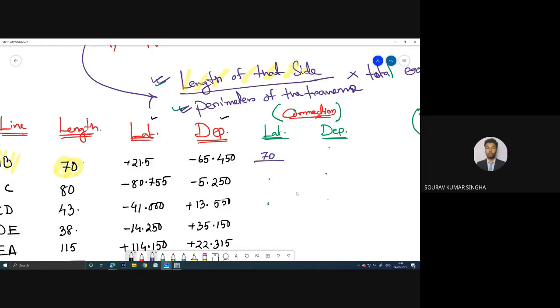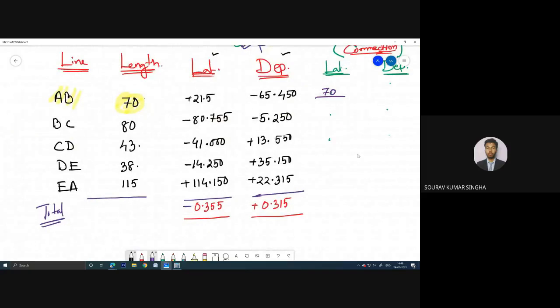So perimeter कहाँ है, कितना है perimeter? Perimeter मतलब क्या? ये पांचों को ऐड करके जो वैल्यू आएगा, whatever the value we got after adding these 5 sides, that will be the perimeter. Now tell me what is the value of the perimeter of the traverse? 346, exactly. So 346 is the perimeter of the traverse. So 70 by 346,